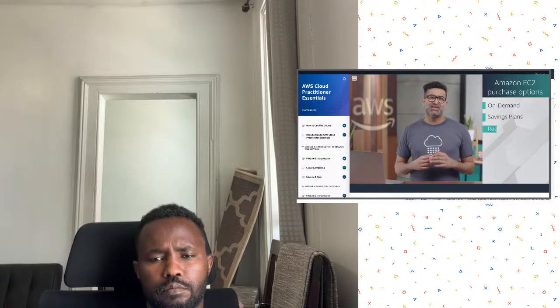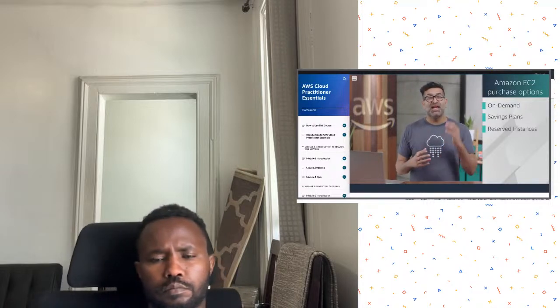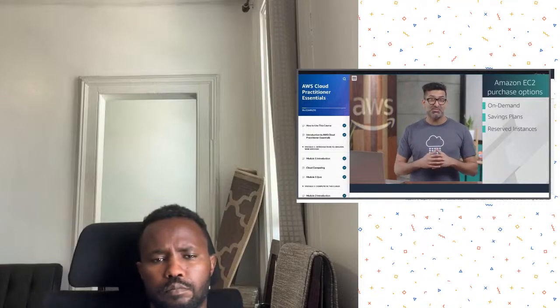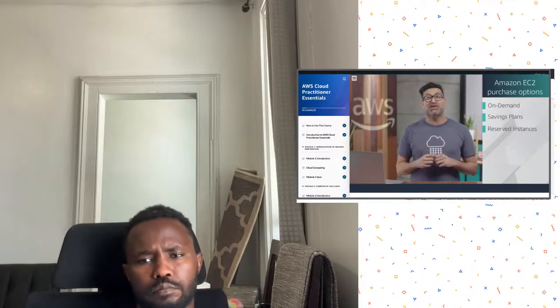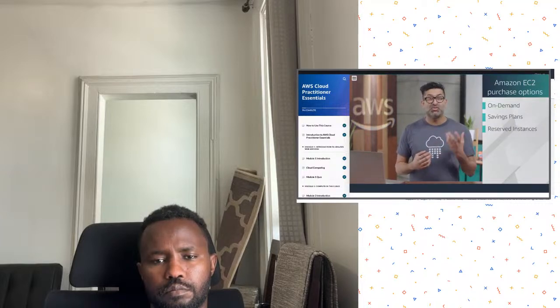Another option is reserved instances. These are suited for steady state workloads or ones with predictable usage and offer you up to a 75% discount versus on demand pricing. You qualify for a discount once you commit to a 1 or 3 year term and can pay for them with three payment options: all upfront, where you pay for them in full when you commit; partial upfront, where you pay for a portion when you commit; and no upfront, where you don't pay anything at